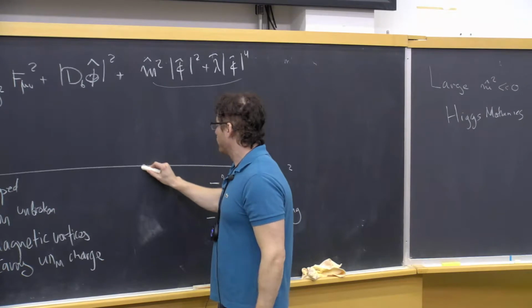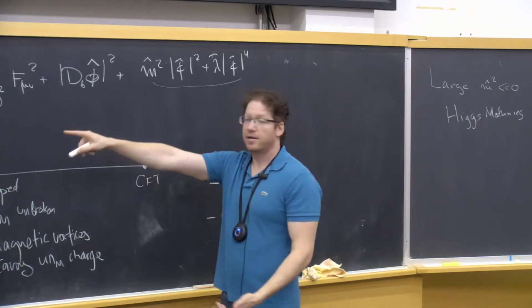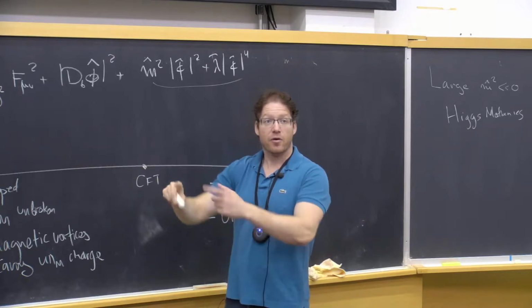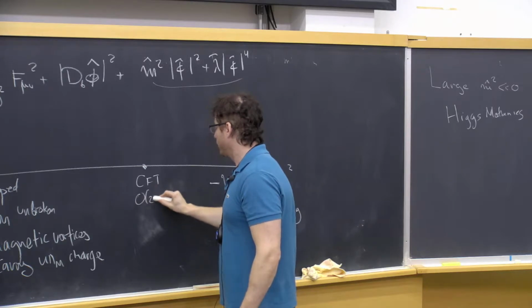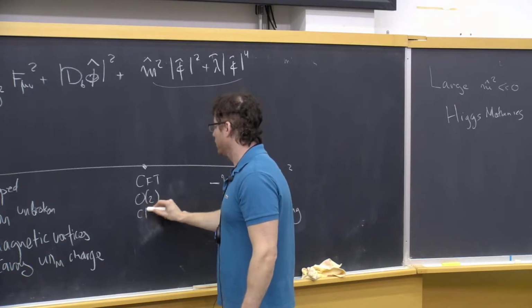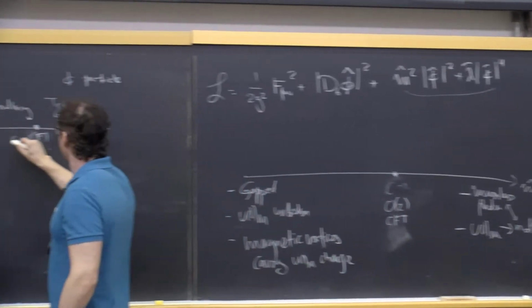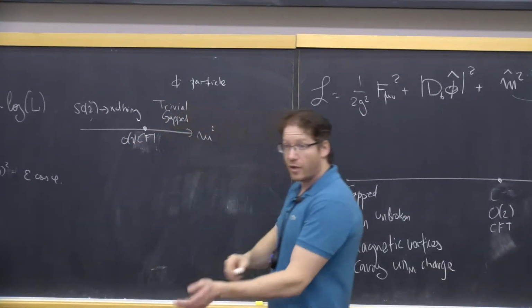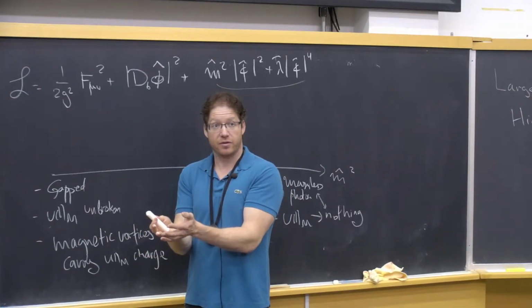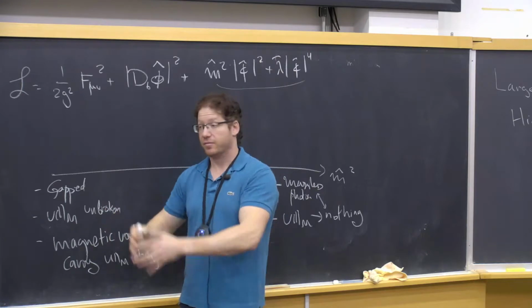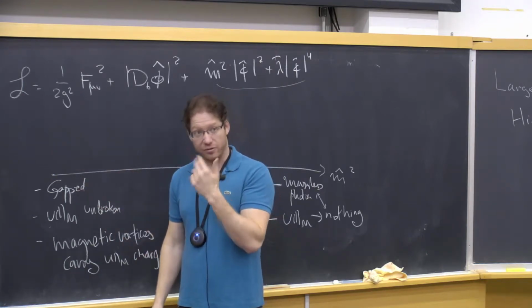So therefore, people were compelled to conjecture that the conformal field theory here is exactly the same as there. So both models, in fact, describe the exact same phase transition, described by the O(2) fixed point, the O(2) CFT. And here you also have the O(2) CFT. So the two models are exactly the same. That's the idea. They flow to exactly the same phase transition. And there is a complicated map. The physics is very different, but it's just a question of language somehow. So there is a duality.